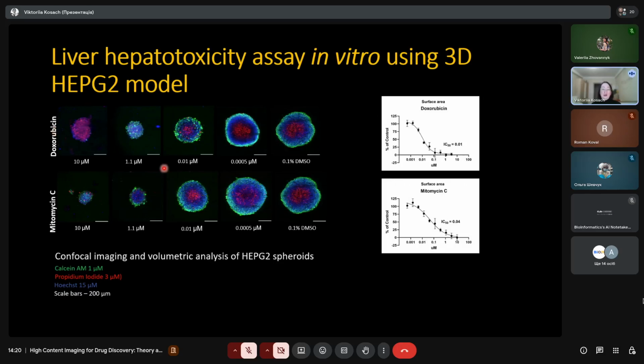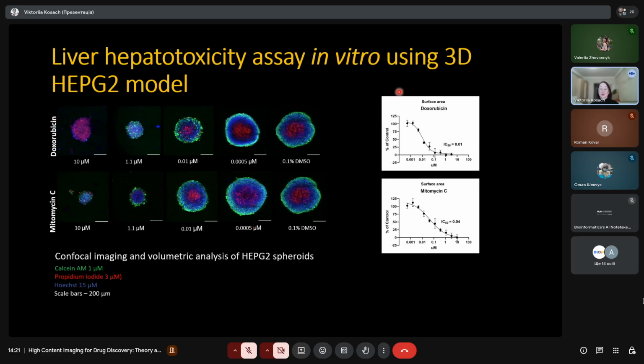So the spheroids of the cells were treated with cytotoxic compounds, and you can clearly see the difference in spheroid area as well as the number of live green cells and red dead cells upon treatment with this compound. So these compounds are for sure toxic for liver spheroids,